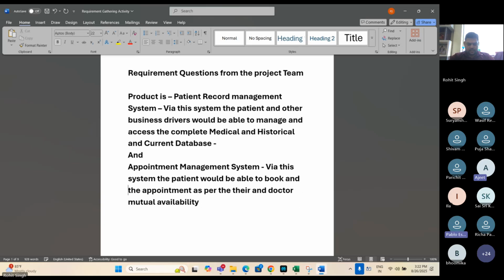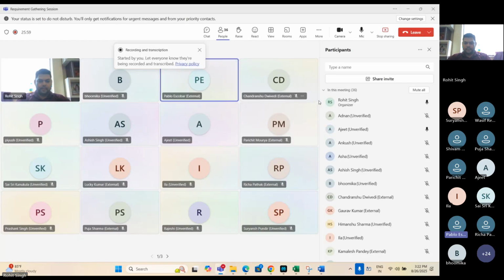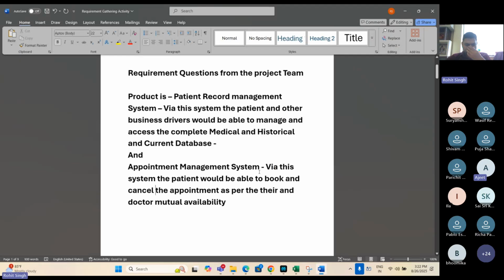But cancellation is necessary, so you have to provide it. We will provide it but won't be highlighting it too much. We will put it at the bottom, where the customer has to follow several steps to cancel it.